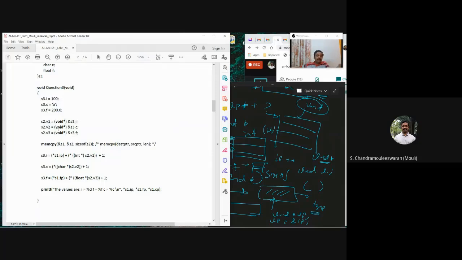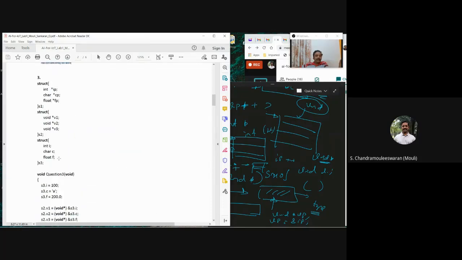The only thing is the compiler understands that the address it is now pointing at is an integer or a character. It understands from the type of what you are assigning it. So the integer star, character star and float star pointers are all different types, and they are all converted into void star. Now we are doing a memcpy to the destination. S2 has the addresses, and I am copying the addresses which I stored in the S2 array into the S1 array.